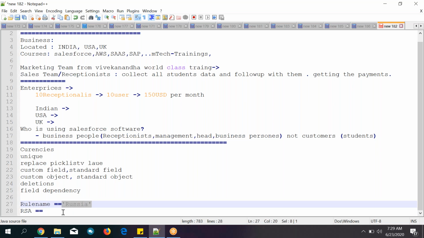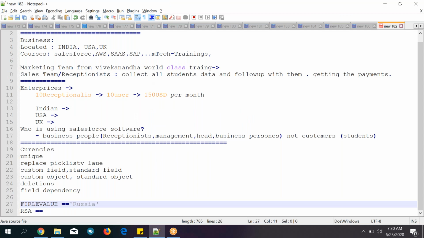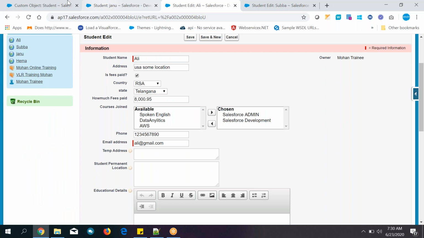If you give it like this, you need to change it manually. But here, suppose it is a field value. Record field value will be taken whatever it is there, whether it is RSA, whatever it may be. Latest value only will be taken. It is taking from the record only. Whatever is there in the record, that will be taken. Remember that point. It is not taken because of this one, it is taking because of the record. That we are going to see. Whatever it is there on the record, that will be picked up. Okay. Thank you.